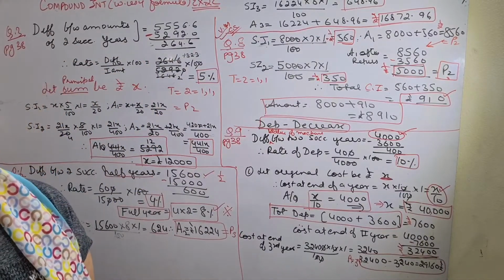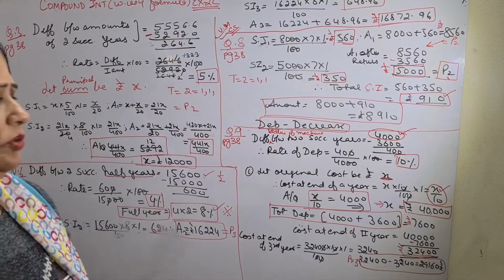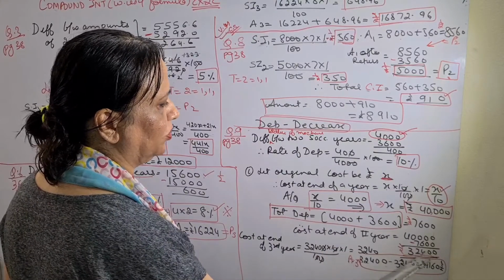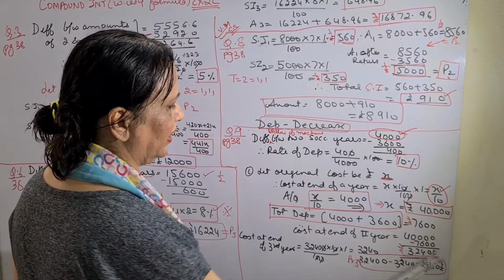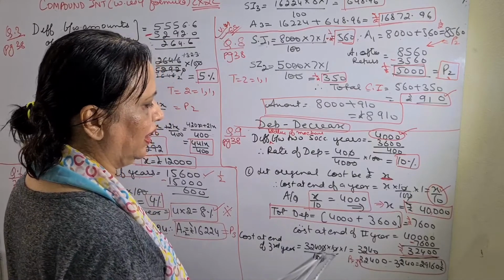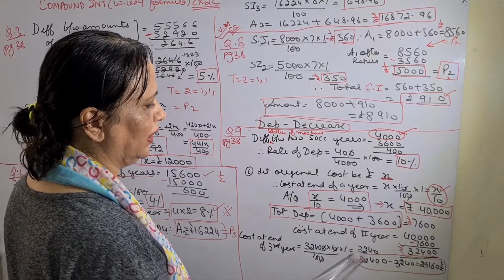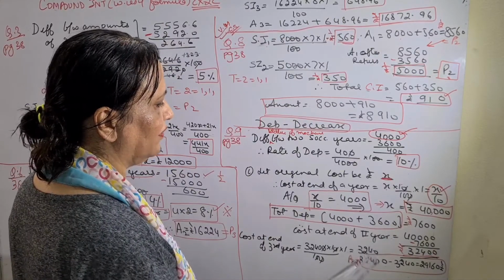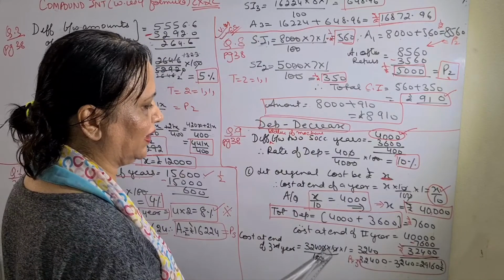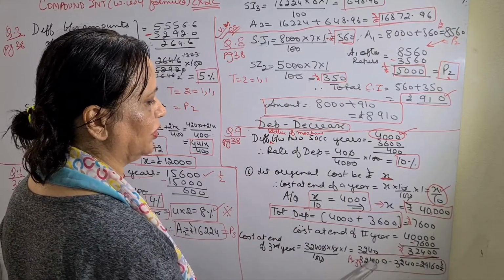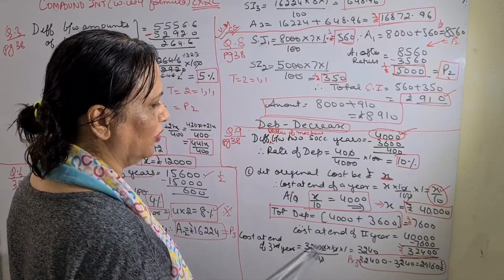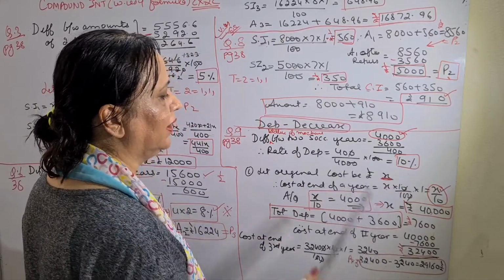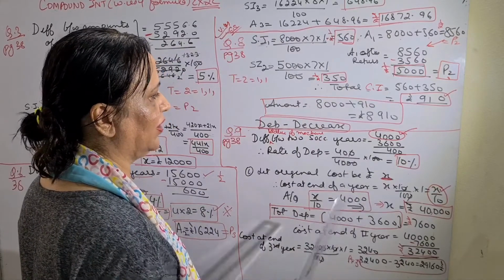Now the question is find the cost at the end of the third year. You know that rate of depreciation is 10%. You take 32,400 to be the principal for the third year. Again 10% is depreciation into 1. After finding it, this is rupees 3,240, and because it is depreciation, you are going to subtract it. So subtract rupees 3,240 from the given amount, and that is your final amount, the cost at the end of the third year.